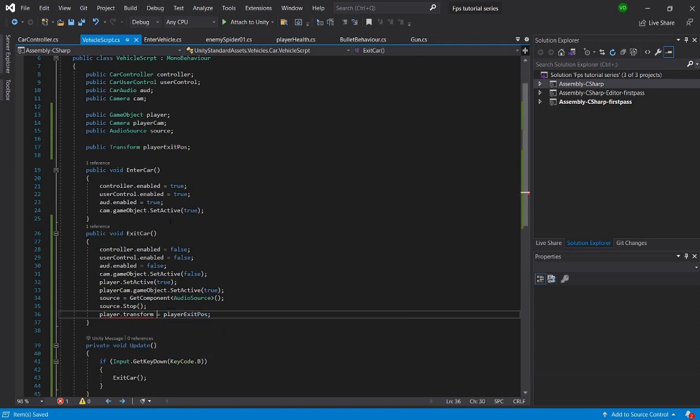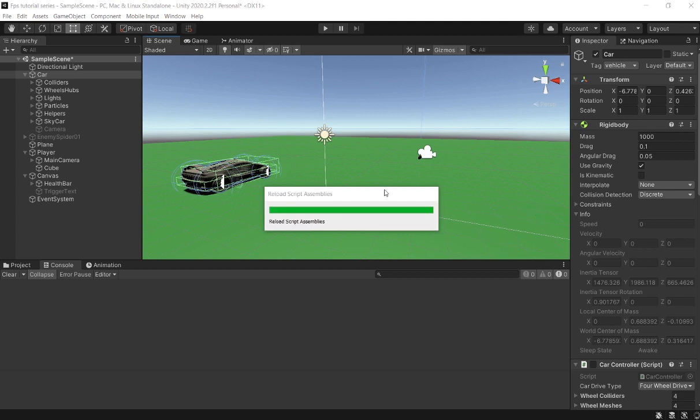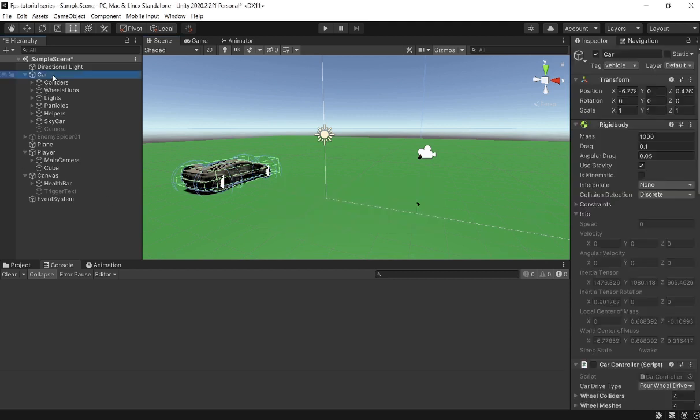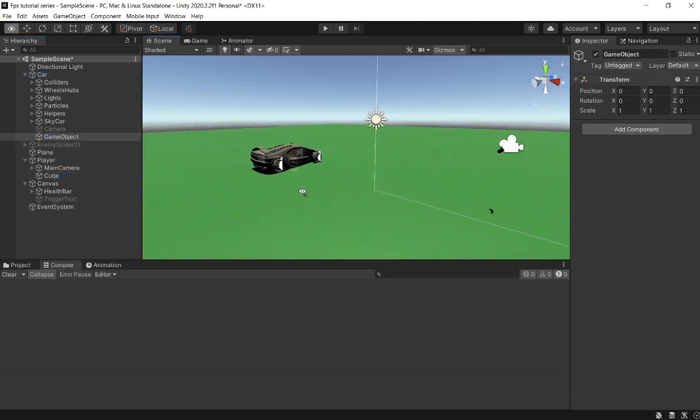Sorry, I'm going to make this actually, okay, we're just going to set the position. So dot position is going to be equal to player exit position dot position. And that should be pretty much it. So what we're going to do now is create an empty on the right or left